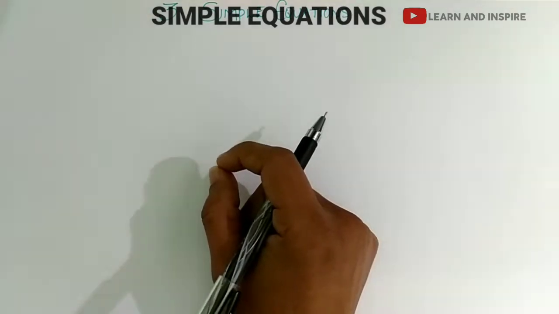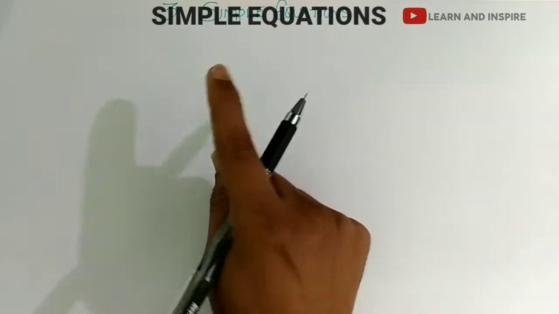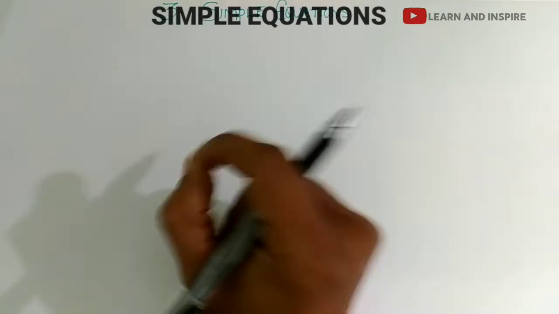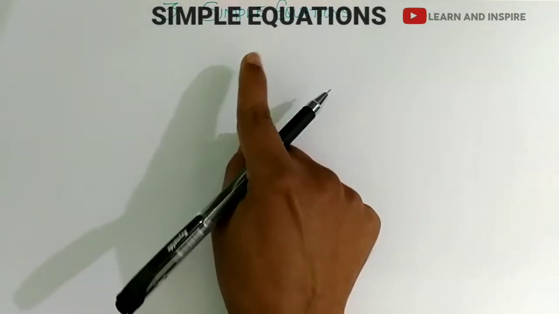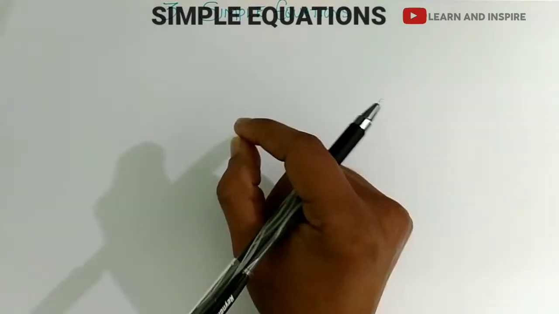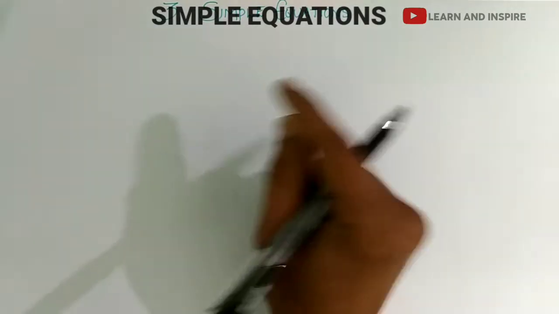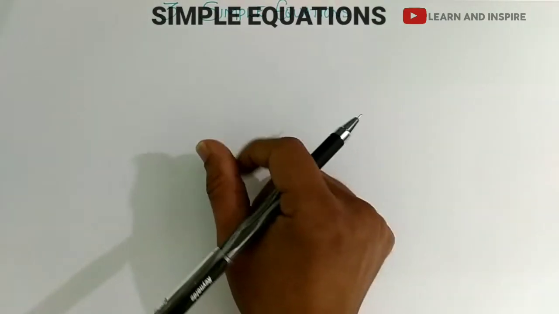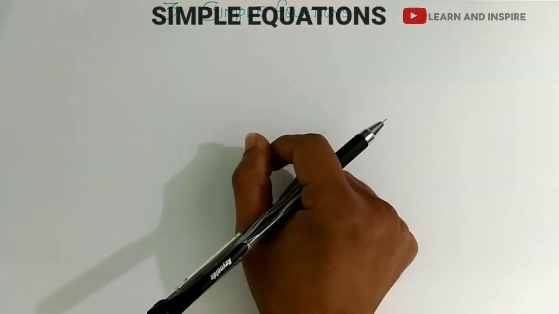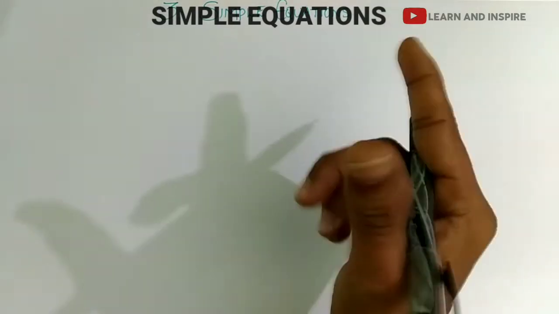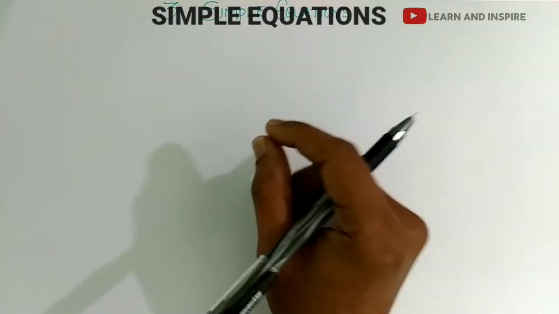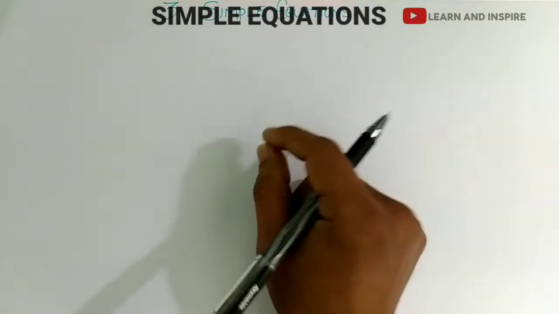So this video is about class 7 mathematics chapter 3 simple equations. After completing this chapter you can understand the concept of simple equations, and you can express simple equations into verbal form and verbal form into simple equations, and you can find the solutions to simple equations, and also you can apply the concept of simple equations in other concepts of mathematics. You can explore different examples from daily life situations and you can find their solutions.